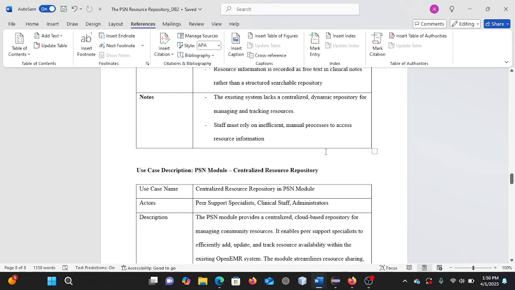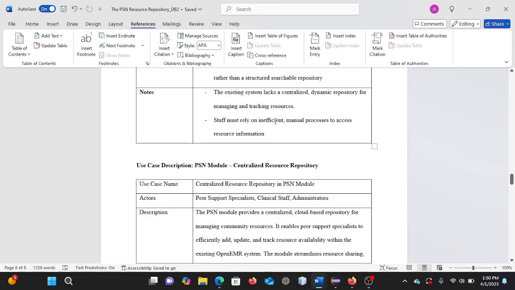And I keep these notes here, just a reminder. The existing system lacks a centralized, dynamic repository for managing and tracking resources. Staff must rely on inefficient manual processes to access resource information. That's the old system. Now,